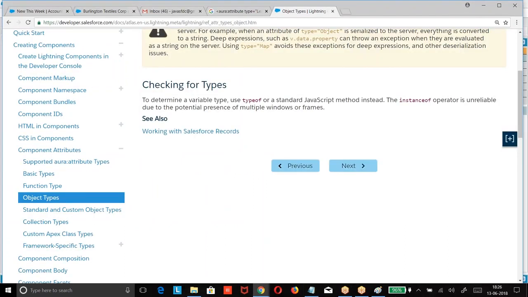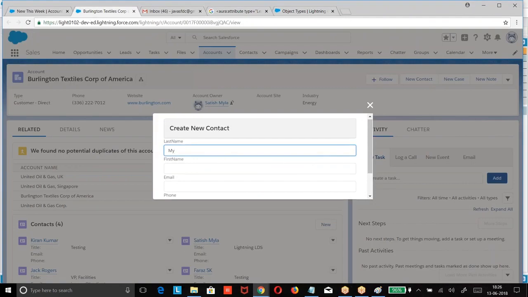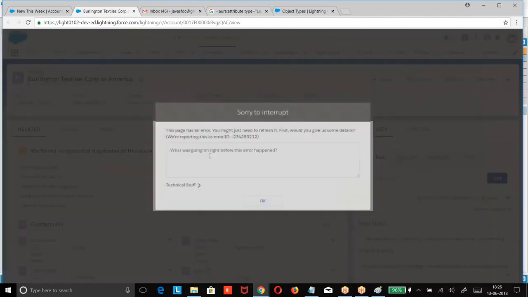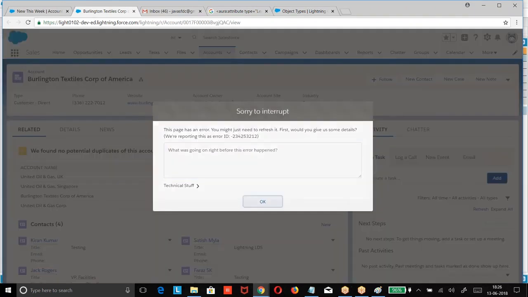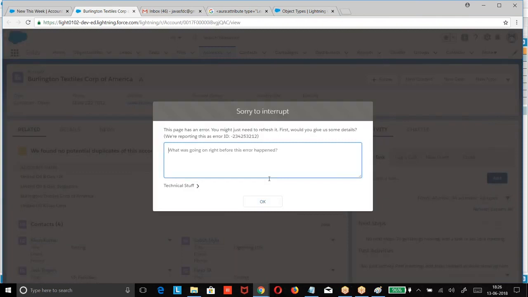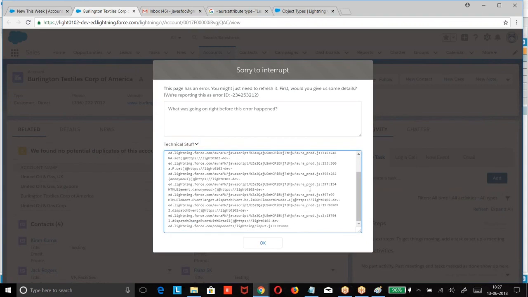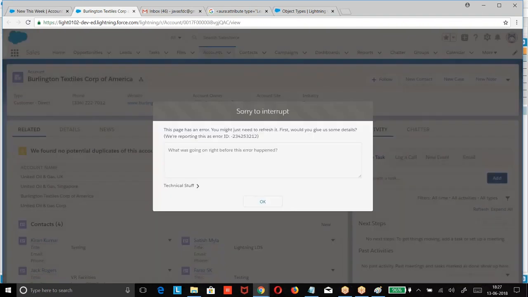But it's okay, whatever it was supposed to insert, because I have done this without giving the null values. Still it is executed. So let's